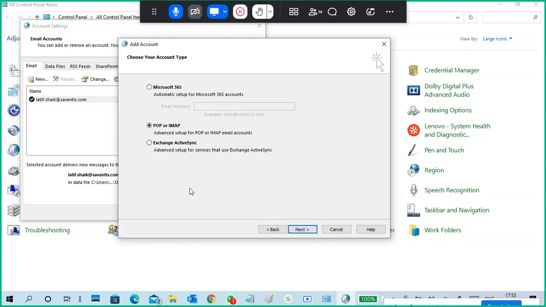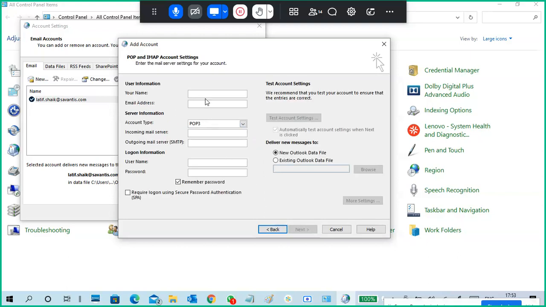For any server other than Microsoft Exchange or Office 365, use the POP3 or IMAP option. Then you have to choose IMAP or POP3.